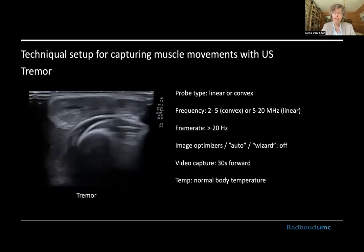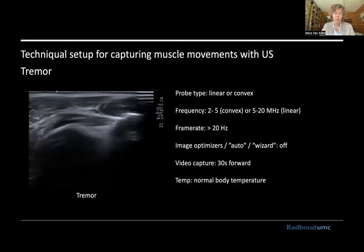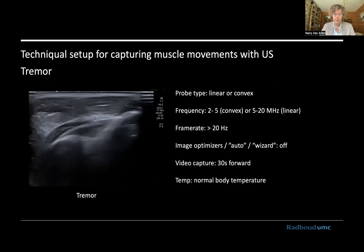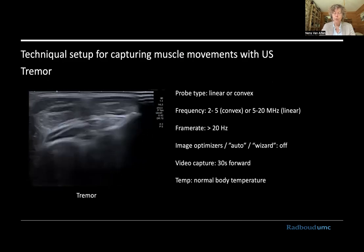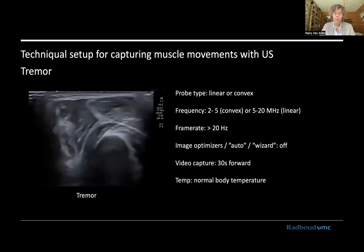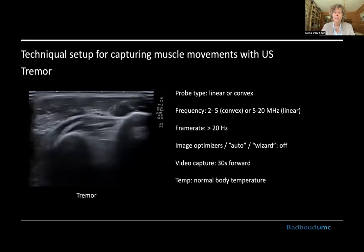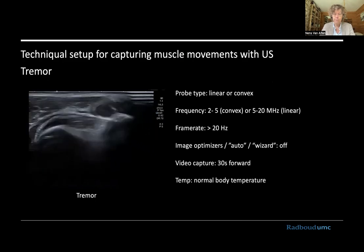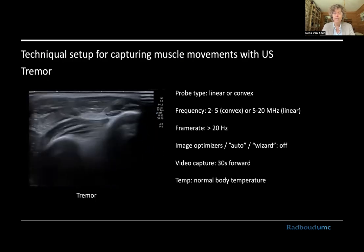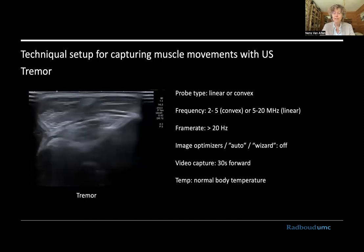So this too, like the fasciculations and fibrillations I talk about in another video, requires a technical setup. So this is just your general MSK setup. You need a linear or convex ultrasound probe with a frequency range that is typical for these probes. You need a sufficiently large frame rate. So you want to have at least a frame rate that is twice the frequency of the maximum frequency of